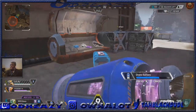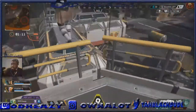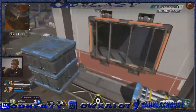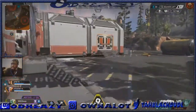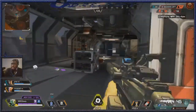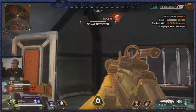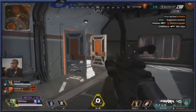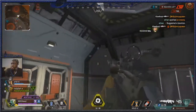Alright, for my next tip, even though this game has a heavy aim assist, aim for the head at all times. This game has a very high time to kill at times, it may seem like it, but aim for the head. You aim for the head, they're dropping really quick. The aim assist by default aims at your body. So all you really have to do is just point that aim assist up, and you're going to start clicking